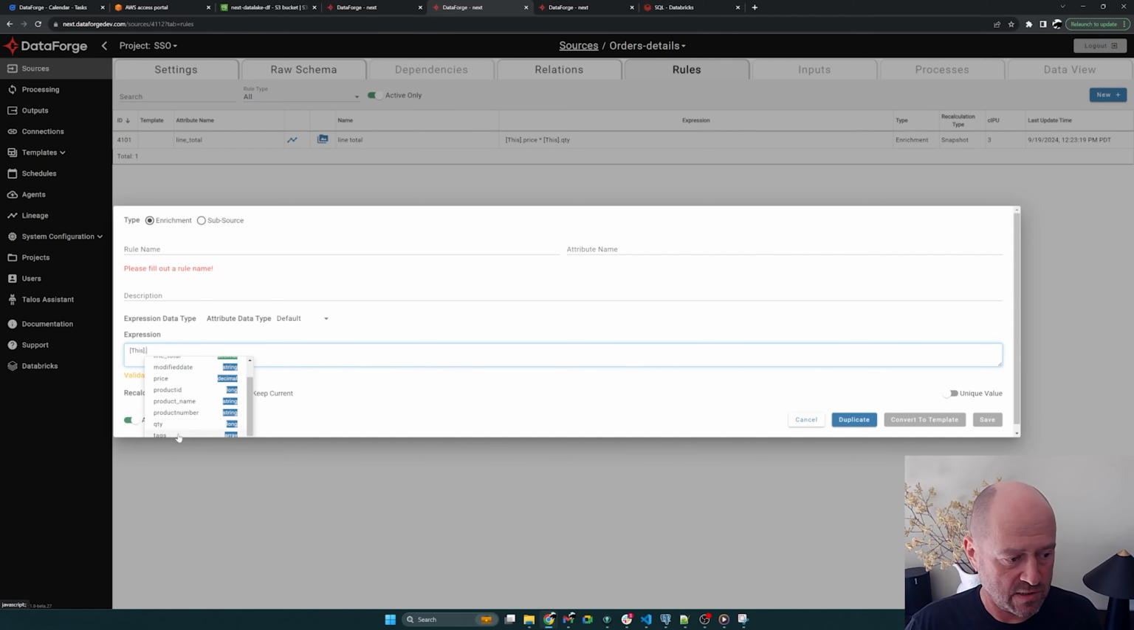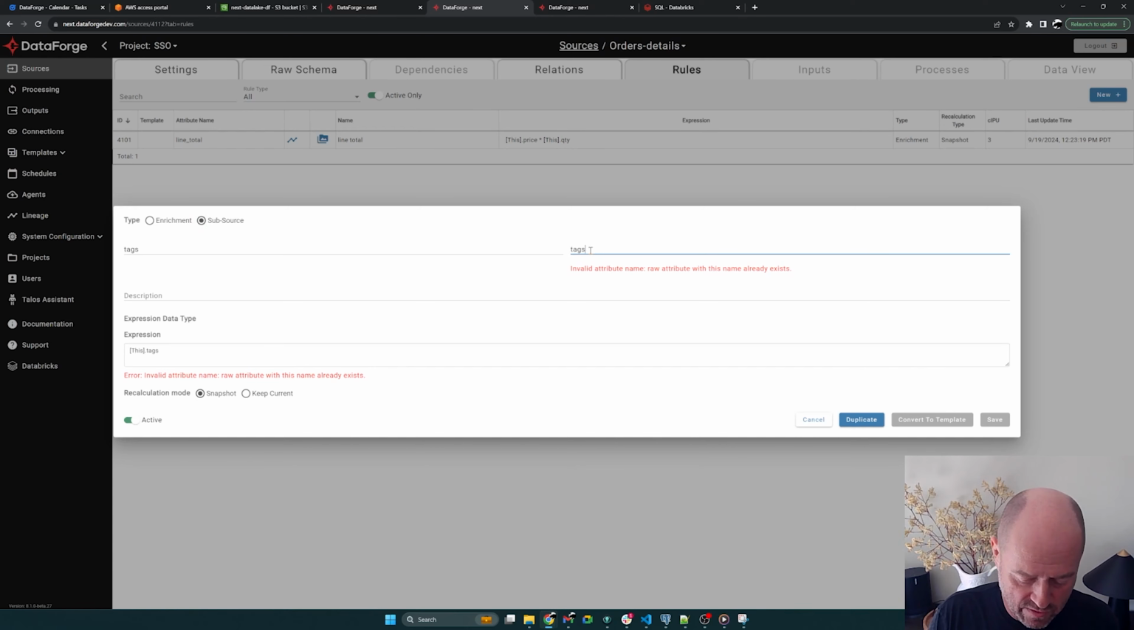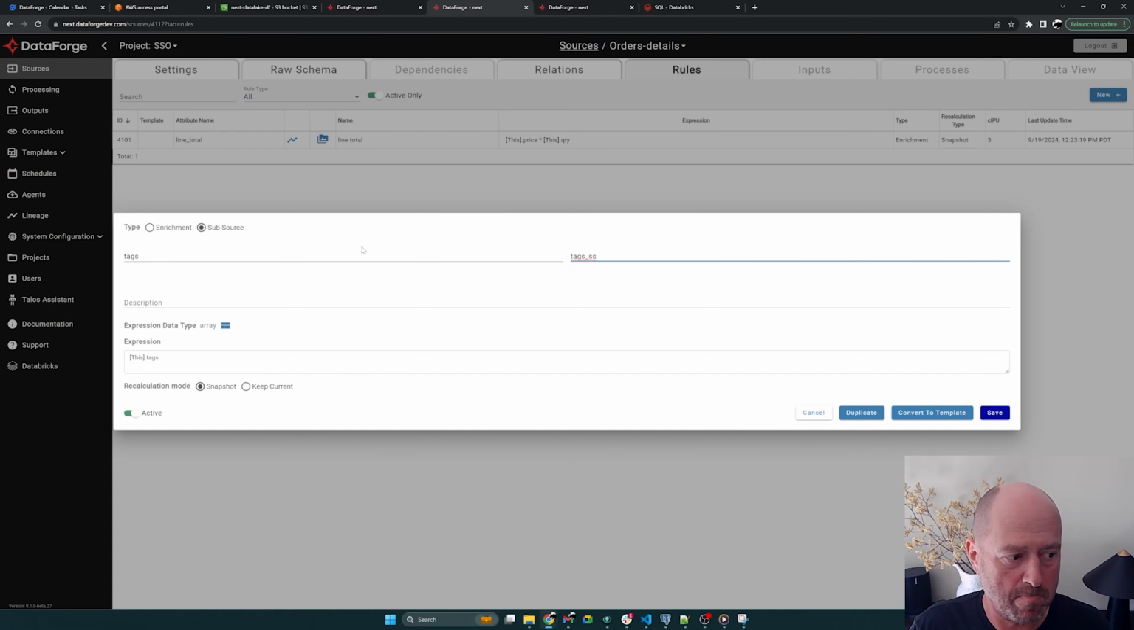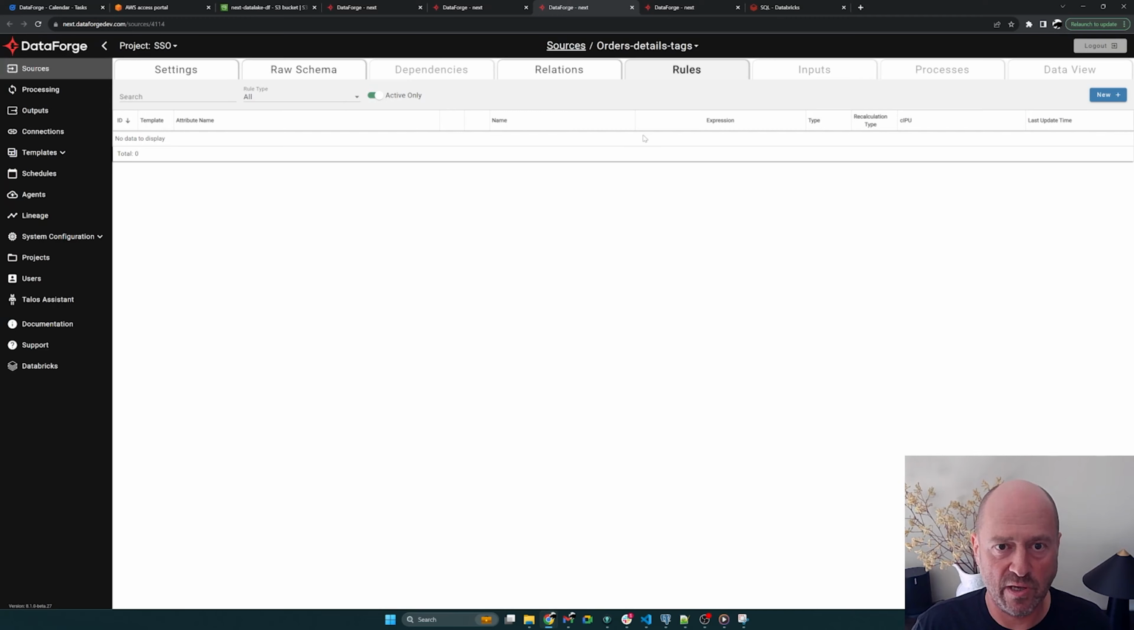Find the tags array, and this will be a nested subsource. So, a subsource within the subsource, and we'll just call it tags subsource. Save it. I'm not going to create any rules here, but you can see now we have this